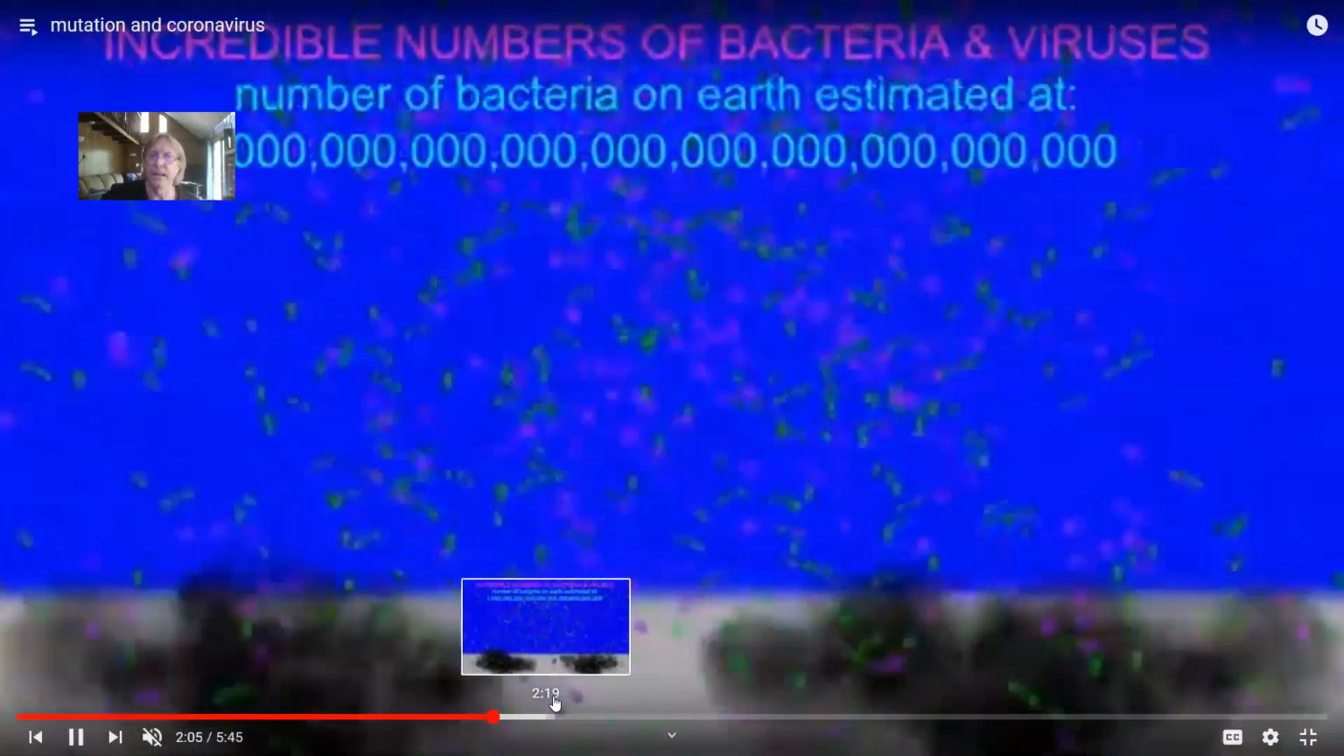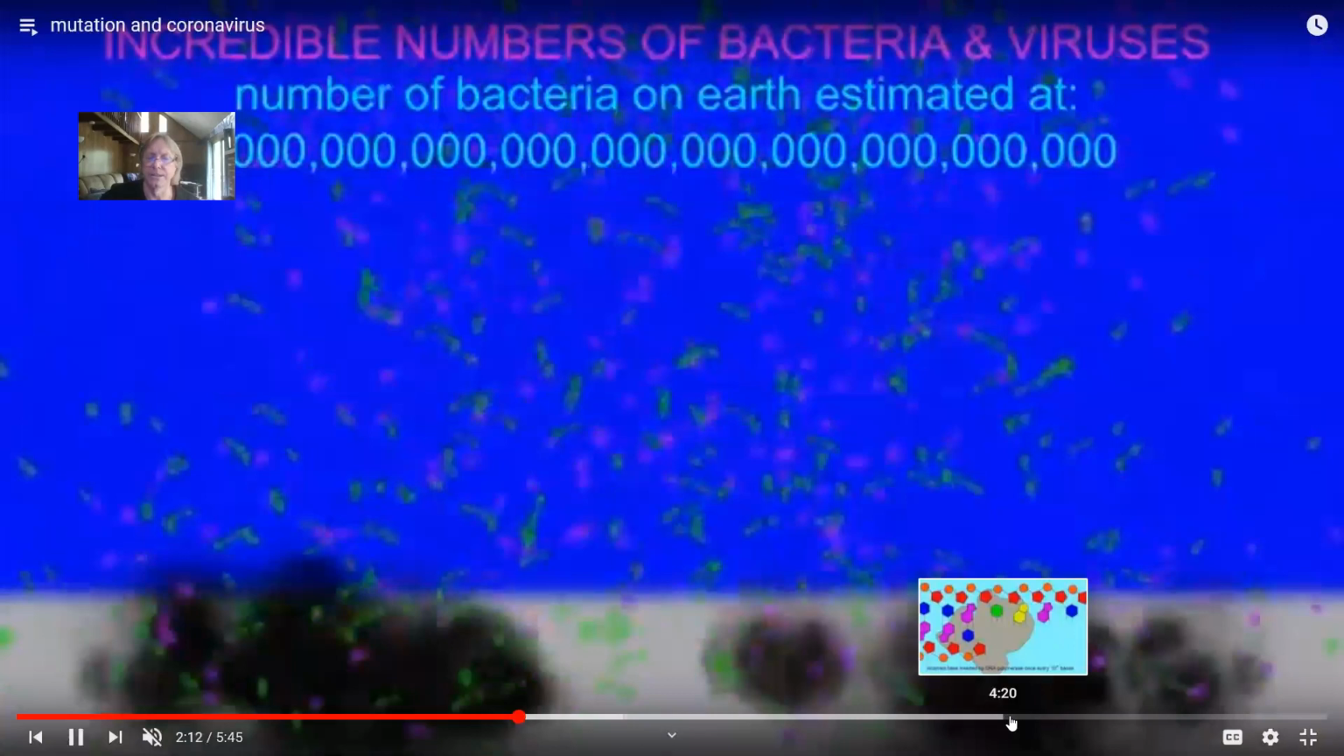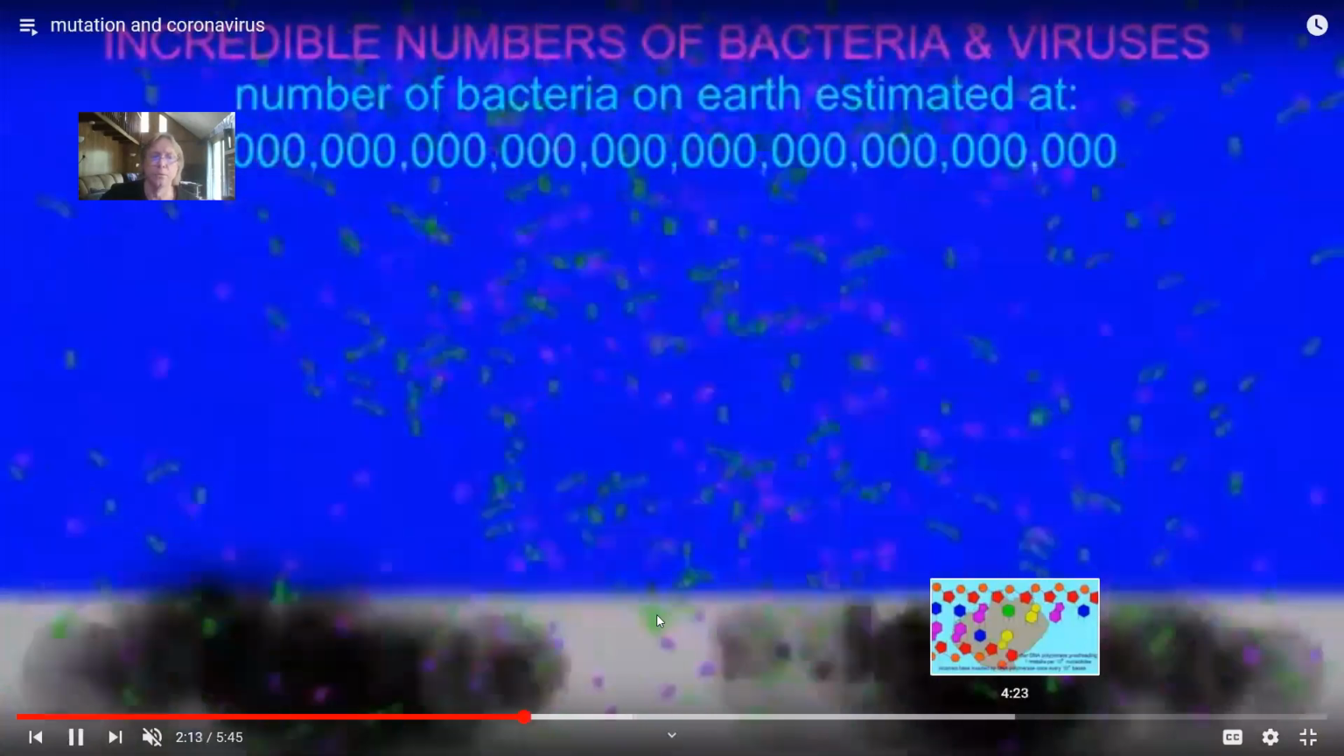The coronavirus can only have a genome as large as it does because it, unlike most RNA viruses, actually has a way of proofreading